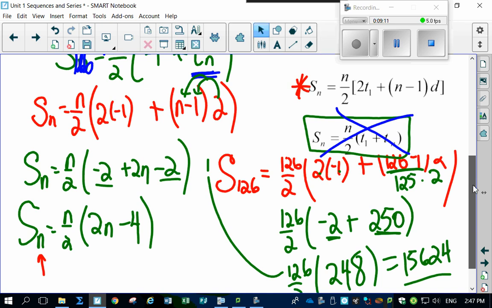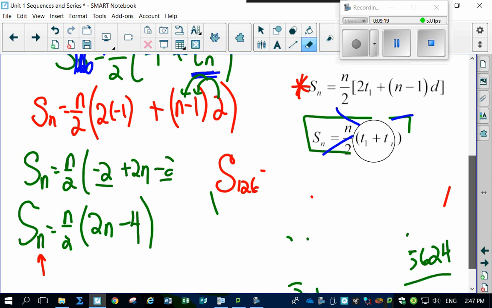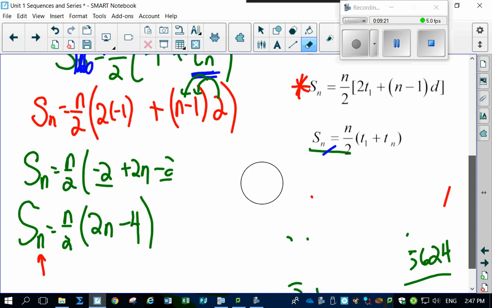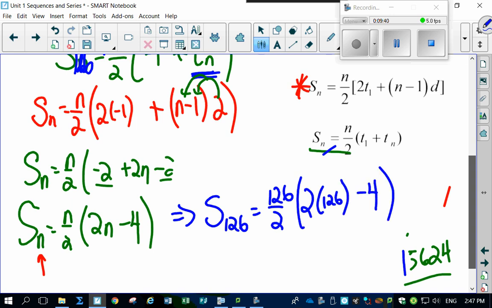Let's prove that we get the same answer here for S126, which was, here, I'll erase this so you can actually see it, our solution was 15,624. Let's see if this works. S126 equals 126 over 2, times 2 times 126 minus 4. And let's see if we get this